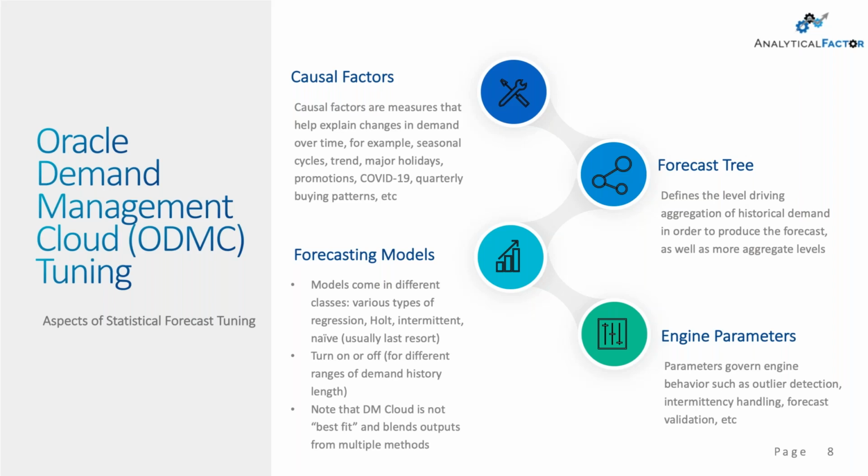And the last thing is that ODMC comes with many different parameters that enable you to define when you want to capture an outlier, what would be defined as an outlier, and what would be defined as a good quality forecast, so the statistical models know when to take the blame and when not. And there are many different validations. So a lot of capabilities that need to be utilized correctly.